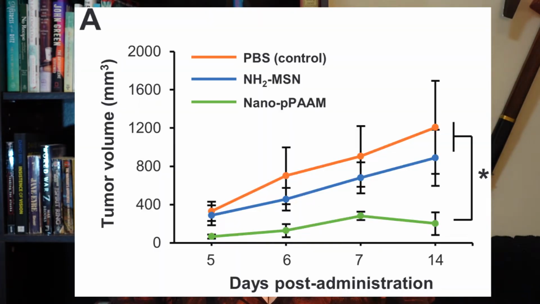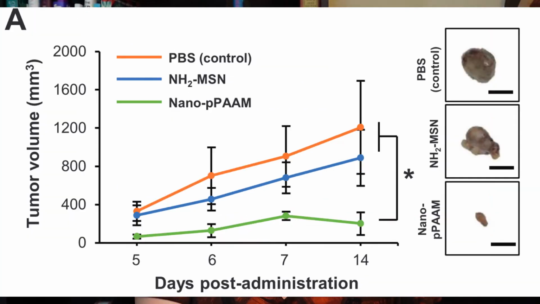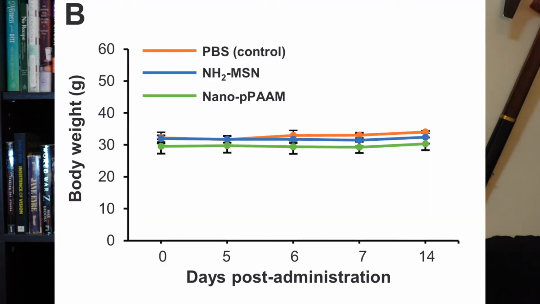Then we have our green group, the PPAM nanoparticles. Here there be no error bar overlap, which tells us that the tumors all ended up much smaller, which is verified by the end result examples they gave. They made sure that the mice's weight stayed pretty constant. I'm assuming that this is to make sure that weight wasn't an overall variable, but also to check if it had any gastrointestinal side effects, like nausea. That is speculation, though.